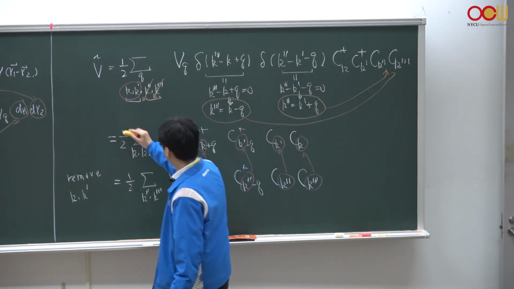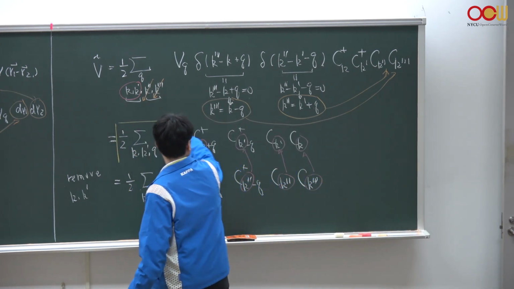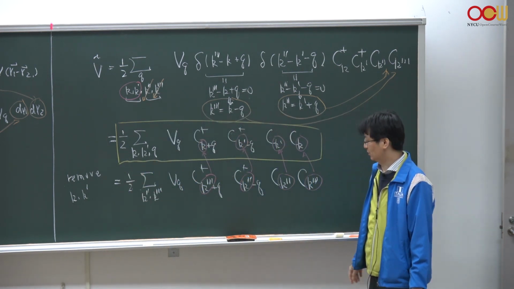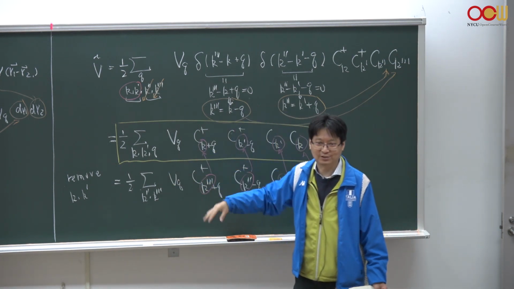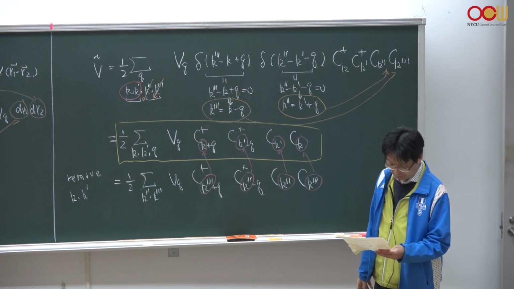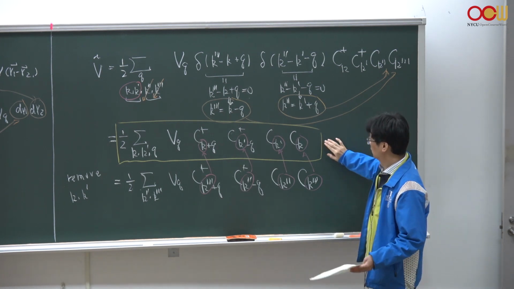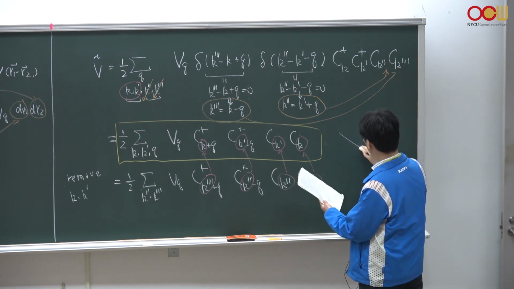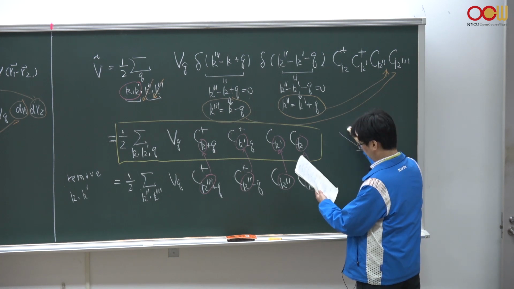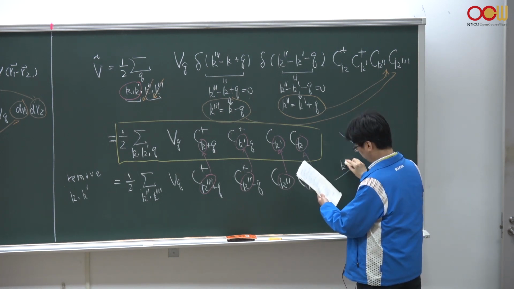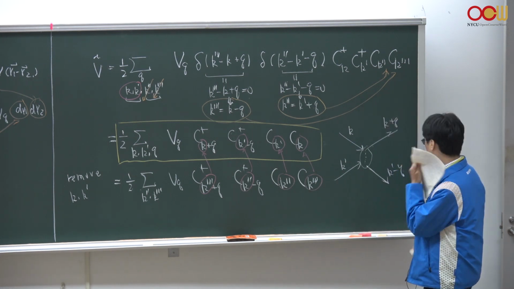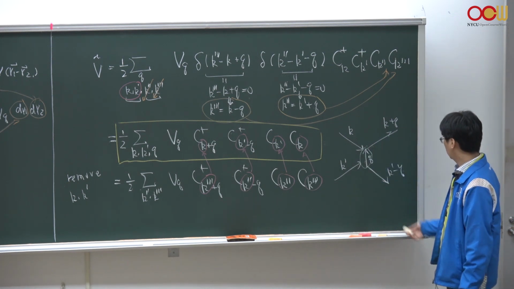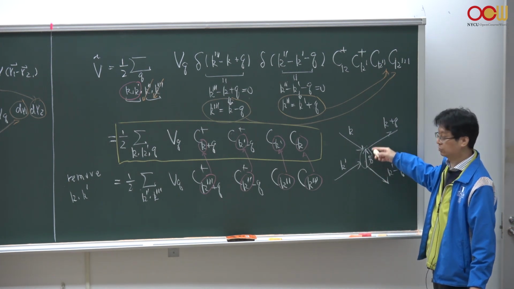For our convenience, we could simply choose this expression with just k and k prime, because there are many double prime, triple prime, so it's a bit complicated. So we could simply just use this simple form. And diagrammatically, we could express again the scattering between two electrons. So there are two incoming electrons carry momentum k and k prime, and after this Coulomb scattering, there is a momentum transfer q